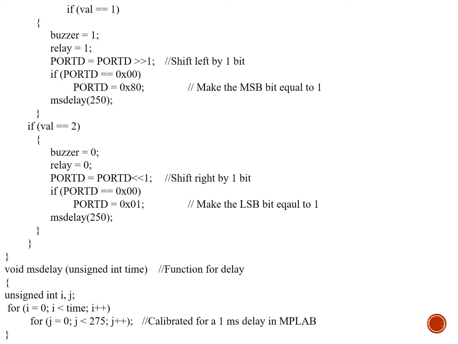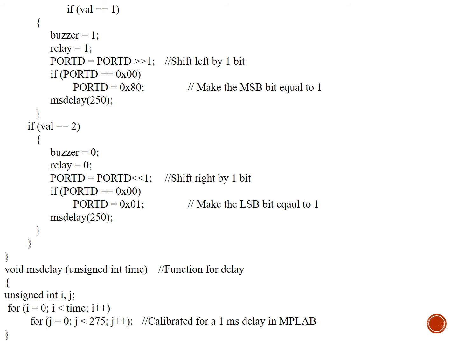So your relay and buzzer start. Now you have to move your LED from left to right. That's why the initial value is 0x01 and the highest value will be 0x80, right? So it will be moved bitwise. You have to move your LED one by one, at a time. One LED is gone, so we are shifting by one. Your one bit has been on and some delay we are putting here. And when switch 2 is pressed, the relay and buzzer should turn off. Now your LED should move from right to left, one by one. So this is the condition. For right to left, the lowest value will be 0x01.